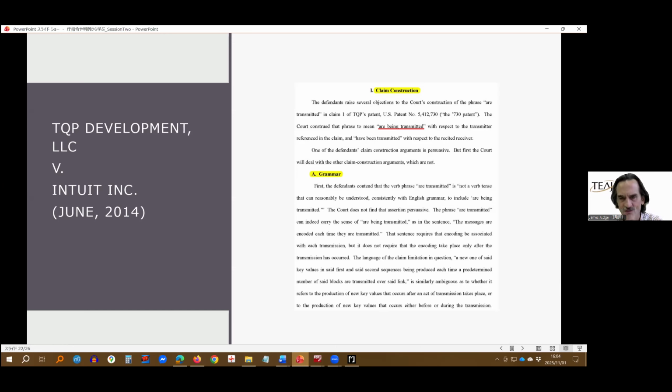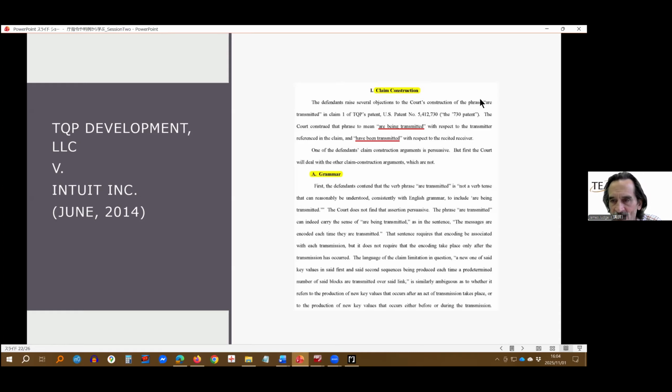A famous decision was issued, and it said in patent lawsuits, the first step should be for the court, the judge, to interpret the claims, make a legal interpretation. In a U.S. proceeding, there's legal versus factual issues, and factual issues are decided by a jury. All legal issues are decided by the judge. So claim construction is an issue for the judge. And in this case, the key issue was how to interpret the word are transmitted.